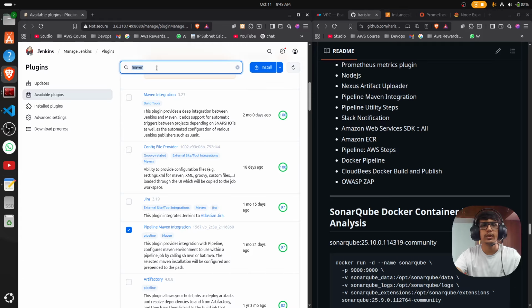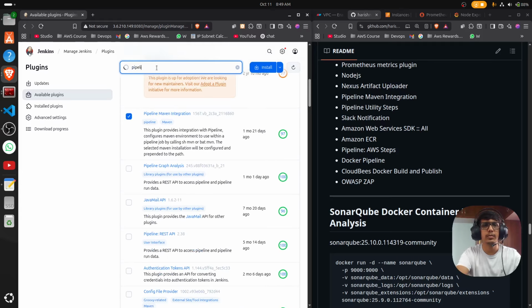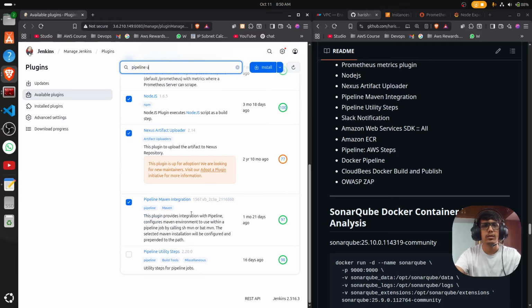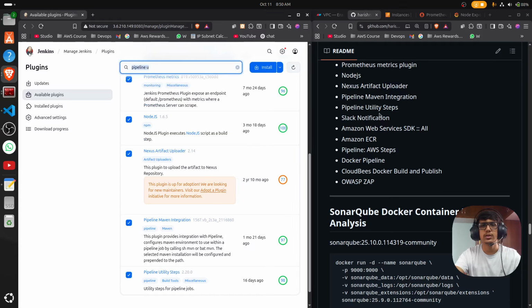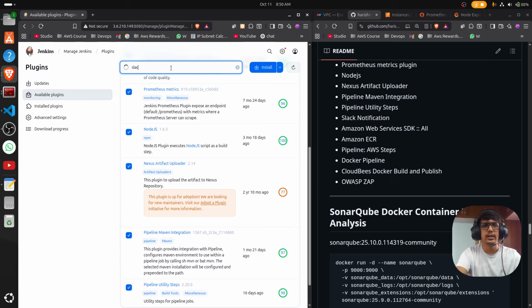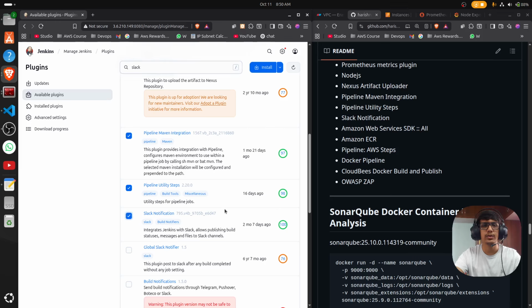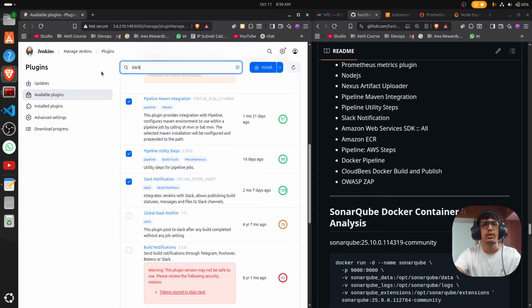So on Pipeline Utility Steps, Pipeline Utility Steps, right? What next? Slack. Slack is going to give notifications to your Slack channel. Okay, and AWS SDK All,